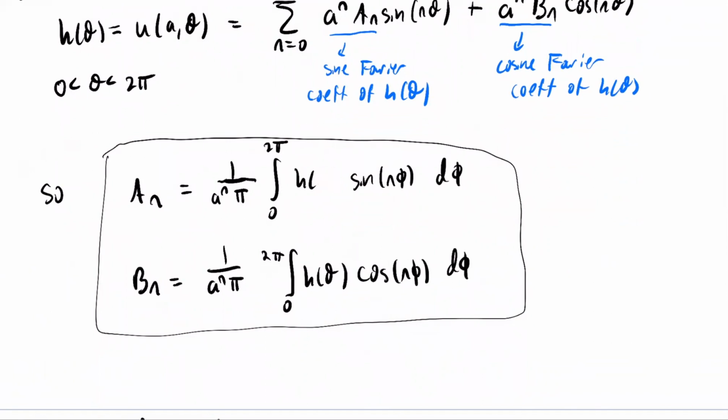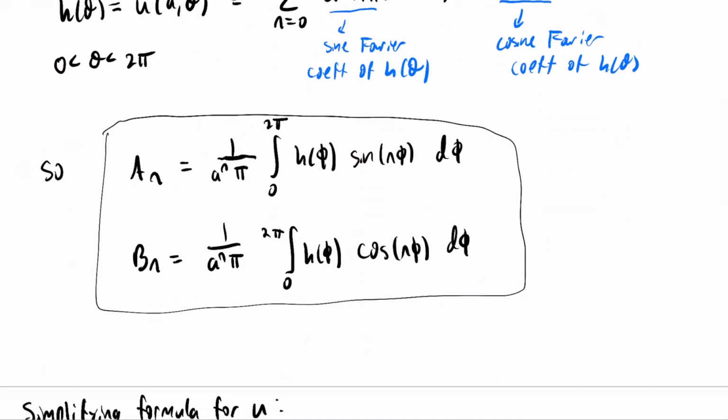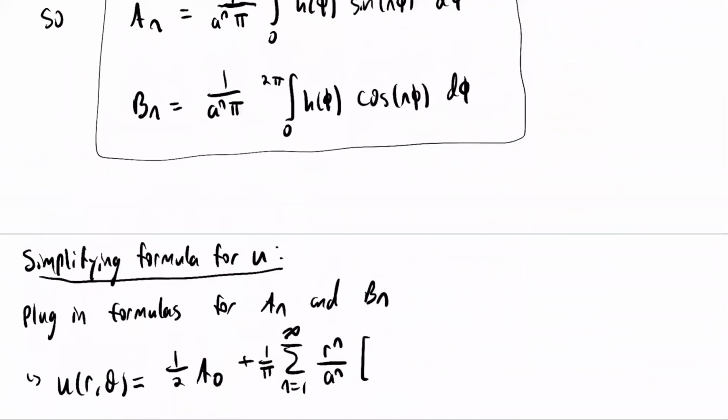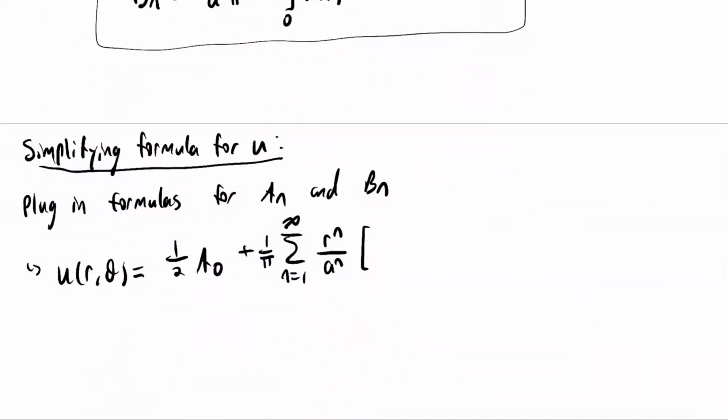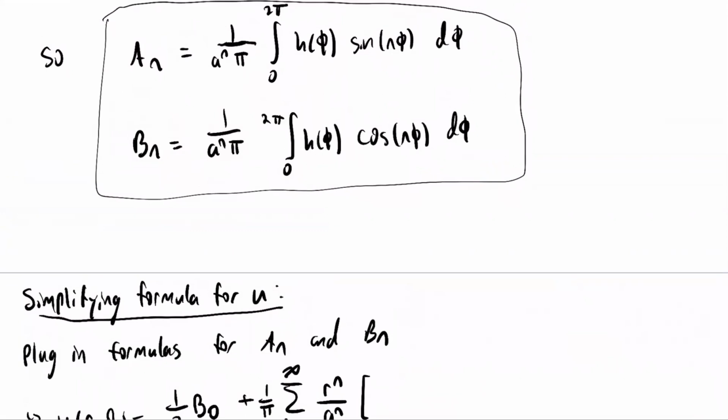This doesn't mean we're using spherical coordinates. This just means I'm changing the dummy variable, that's all this is. You'll see why in a second. Now I want to plug these formulas in for a_n and b_n respectively. Oh, sorry, this should be b sub 0. So if I replace a_n, I end up with